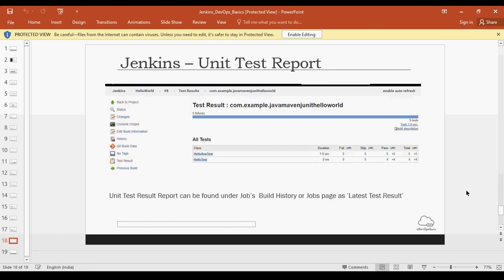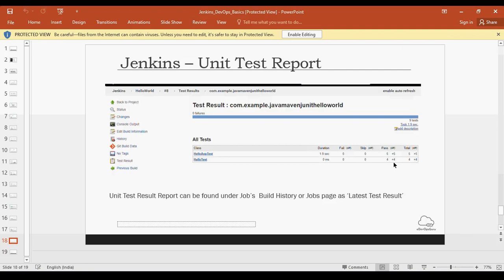Okay. So this is how your unit test report would look. In this case, we had 9 test cases and 0 failures. You can see we had 2 modules, with 5 test cases in one and 4 in another. This is the first time, so that's why it's showing +5 and +4.